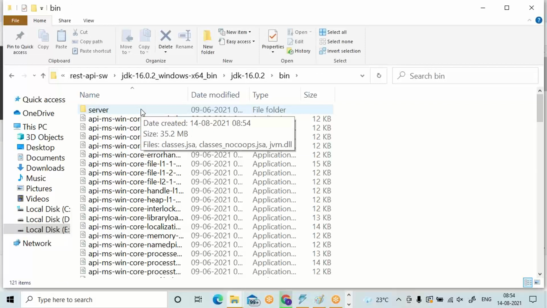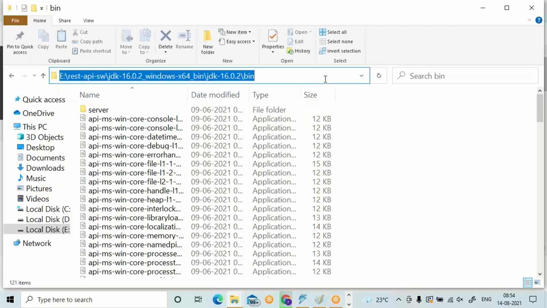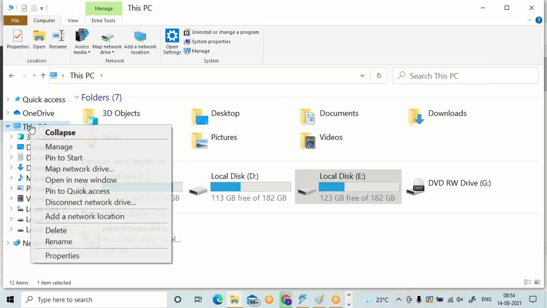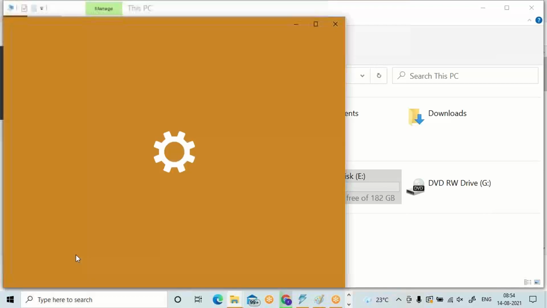This location should be updated in the path. In the path environment variable, we need to update this. Copy. Right click on this PC. Go to the properties. Look for environment variables.